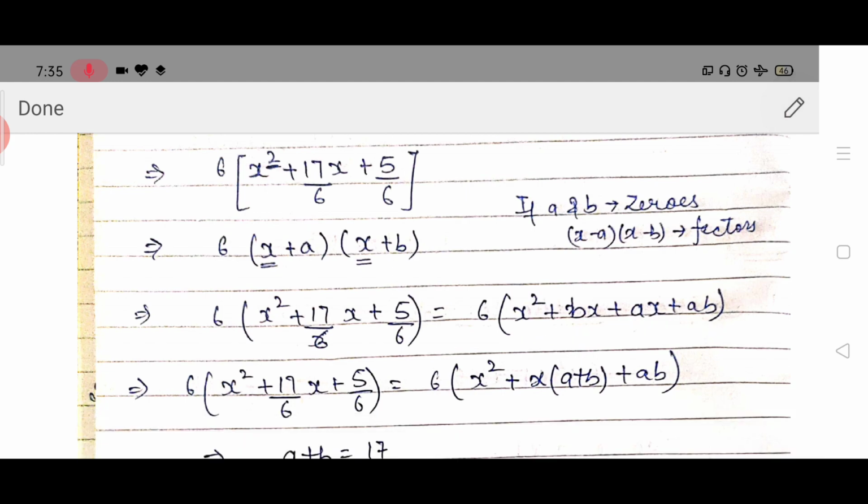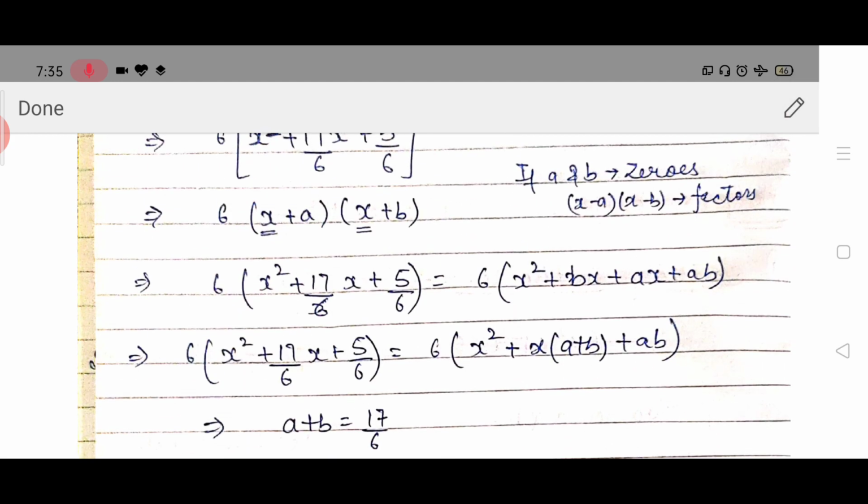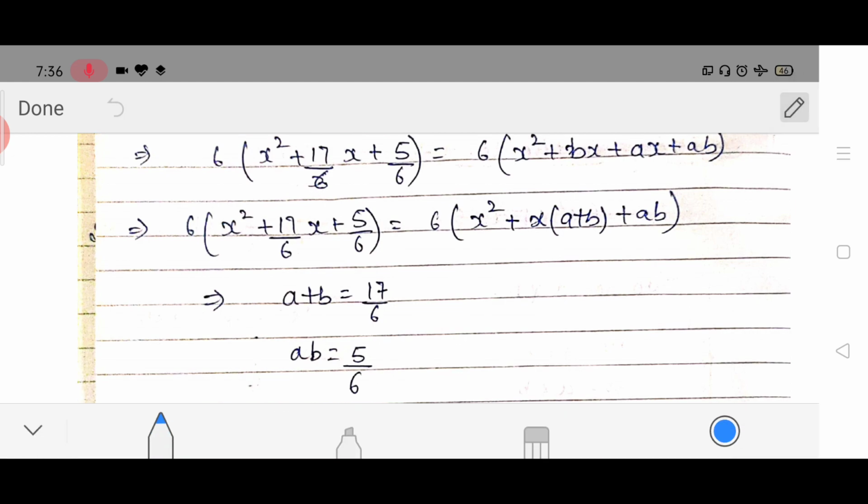Okay, now moving on. Till now we have just done one step, that we have taken 6 as common from our given polynomial. Then we have substituted the polynomial as equal to 6 times x plus a and x plus b. Okay, now moving on. What we can see from here is that these both terms contain x, so we have taken x common here. So this is our final result. This was our given polynomial and this is the value that we have equated. Now from this we can see that 6 is common in both lines, x square is common, x is common.